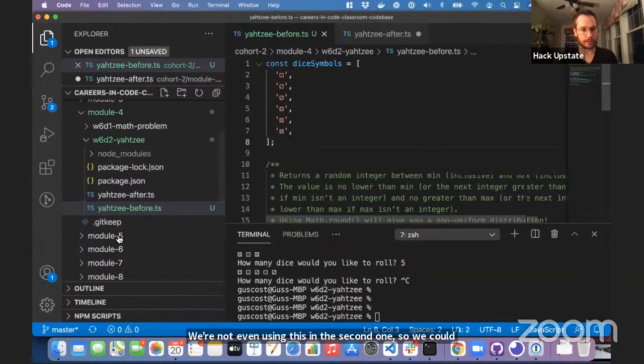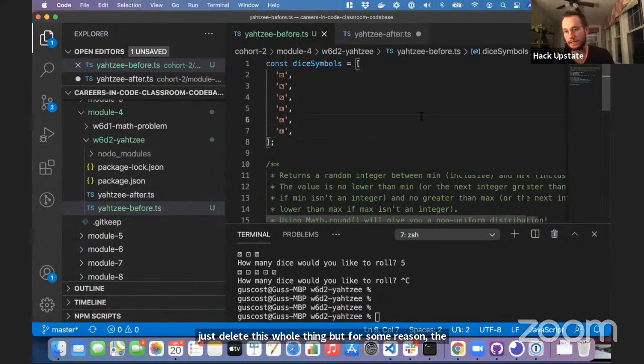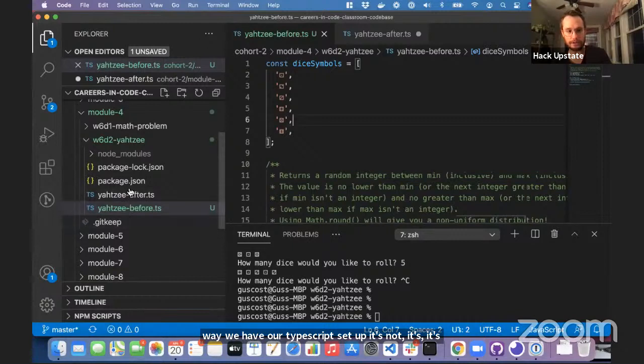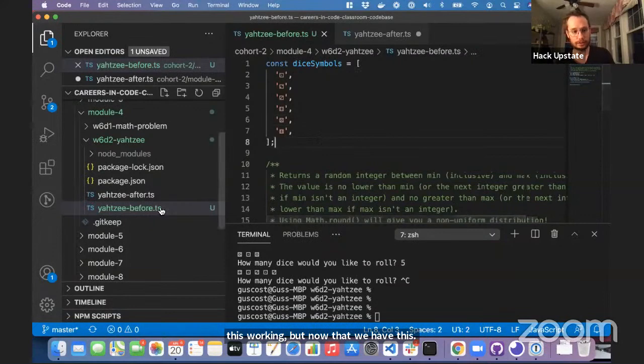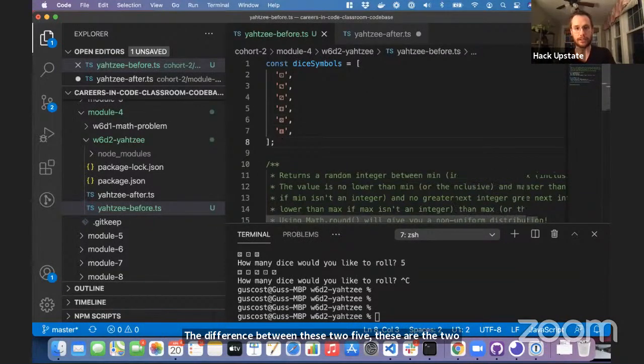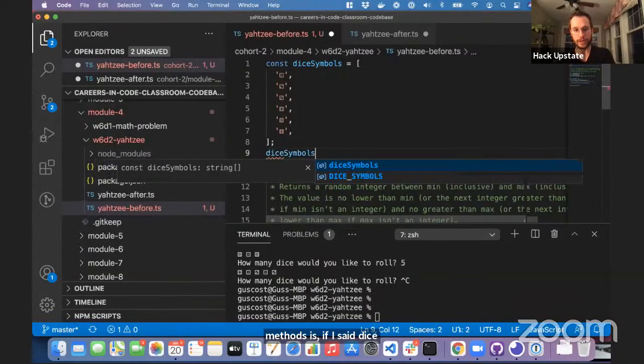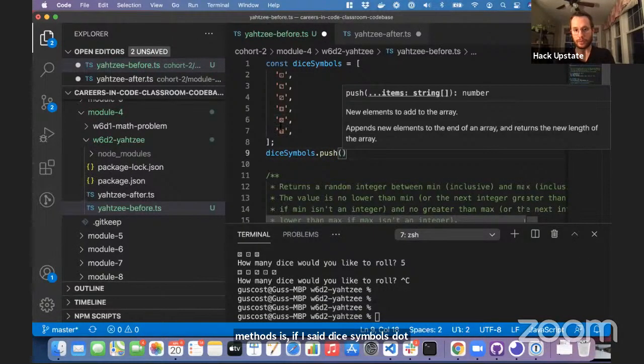But for some reason, the way we have our TypeScript set up, it's actually comparing things across our 2 files. And it's saying, well, you've already used this name, and you can't do that with the default setup. So this is kind of illustrating what I'm saying. It would take a little doing to get this working. But now that we have this, the difference between the two methods is, if I said dice symbols dot push, so I want to add one more symbol, and I put a 1 in there,